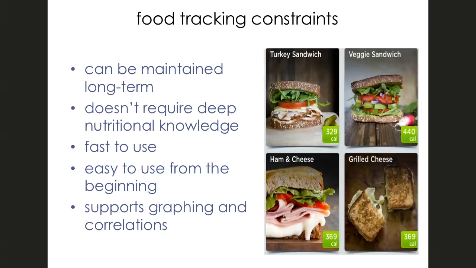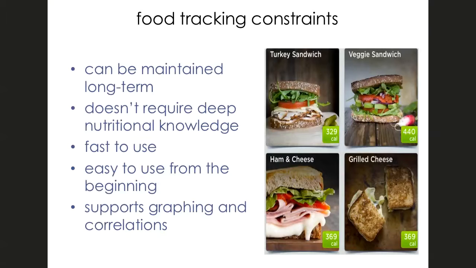So we know for a fact from all the work that's been done before that people have a really hard time using a database system long term. It's just too much work, right? So if that is a really important constraint, right? If you want someone to do food tracking for a year, then a database-based system is often not the optimal solution just because it's way too much trouble to use long term, right? If you're targeting a population where you don't have a lot of deep nutritional knowledge, then a system like Cons that really requires people to understand what the ingredients are within the food that they're eating might not be a good option either, right? So being explicit about what the constraints are can help you make choices